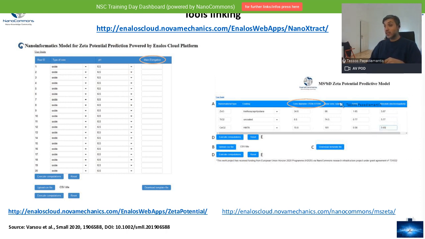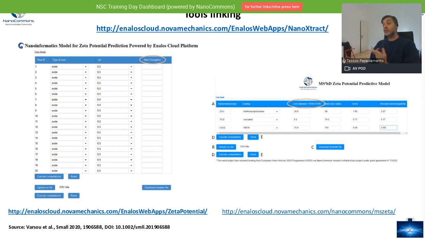You can find a range of these values inside the tool, so you can get them ready. Then you input what material you want to analyze, whether you have a coating, and the type of coating. And then you can use the diameter as calculated from NanoXtract to predict or estimate the zeta potential of the specific nanomaterial in water, which is a more detailed approach.